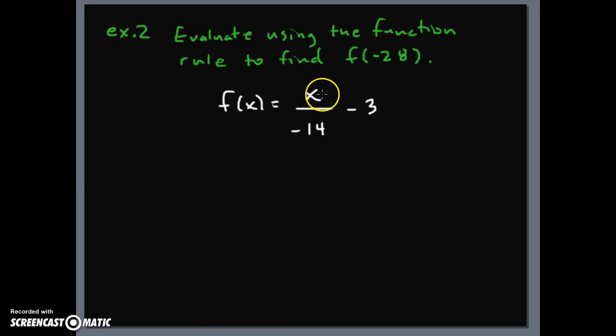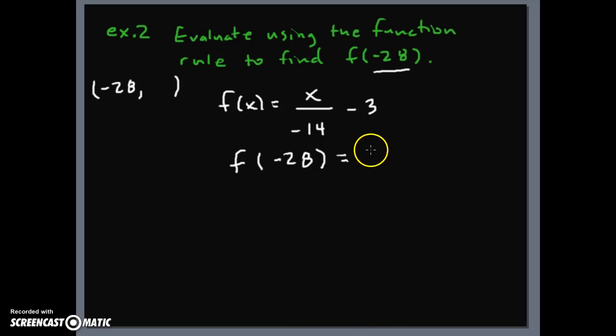Example number 2. Evaluate using the function rule to find f of negative 28. So we have our function rule. We're going to use negative 28 as our input, and we're going to figure out what the corresponding output is. So we've got negative 28, comma, and whatever we get after we simplify will be our output. So we've got f of, our input is negative 28, equals, and now we're inputting the negative 28 for our x, which is right there, divided by negative 14